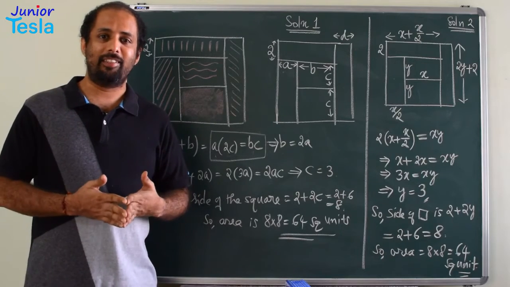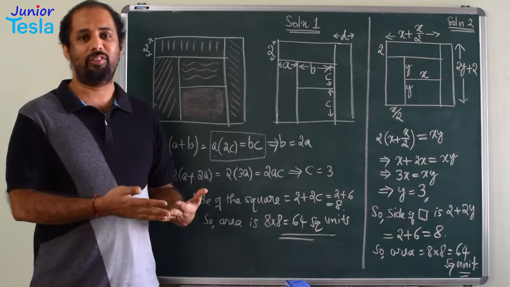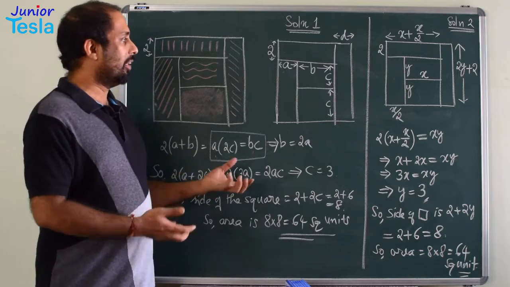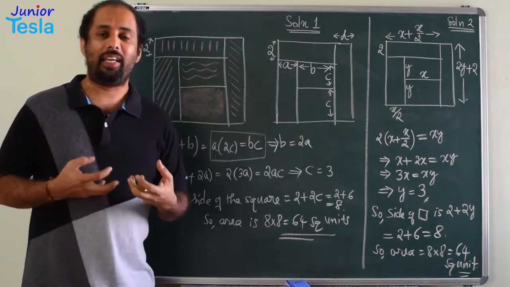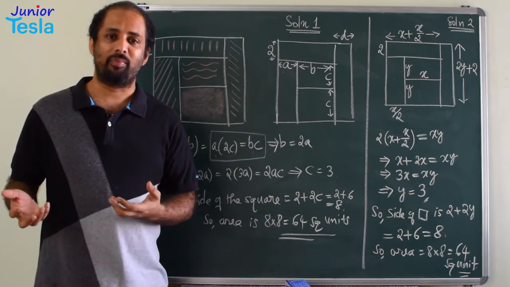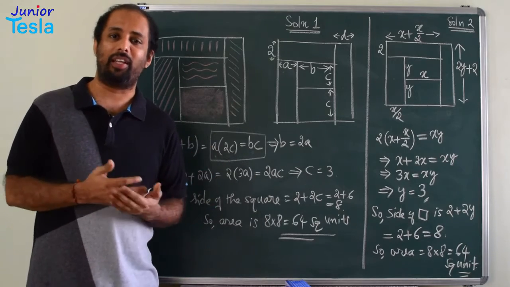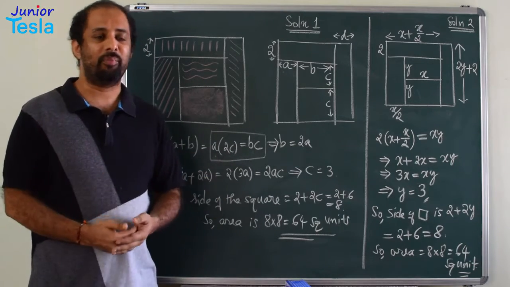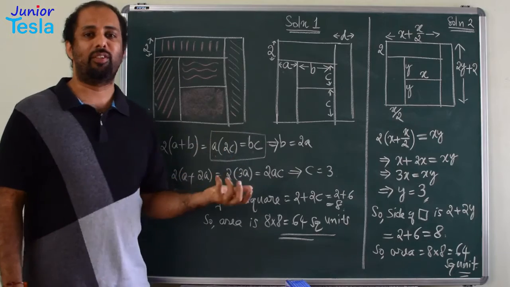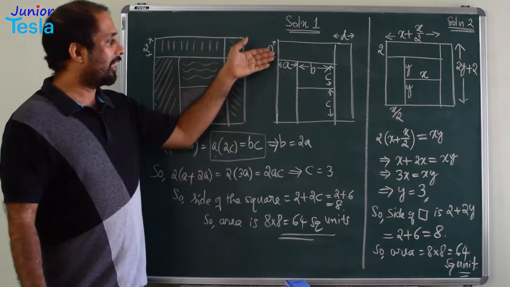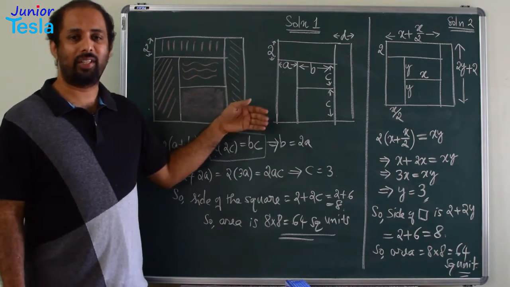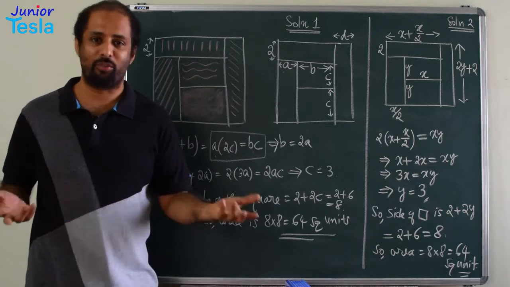So the basic idea is, I have introduced a lot of unknowns. For each region, I try to find the area in terms of these unknowns, and I try to compare these areas, because all these regions are of equal area. So I am just comparing all these values, and I am trying to get the values of these unknowns A, B, C, D, and finally I get the value of one side. Then I can tell what is the total area of the square.